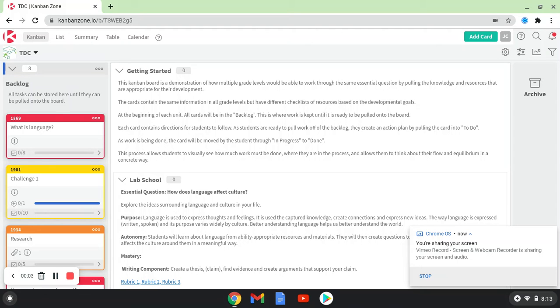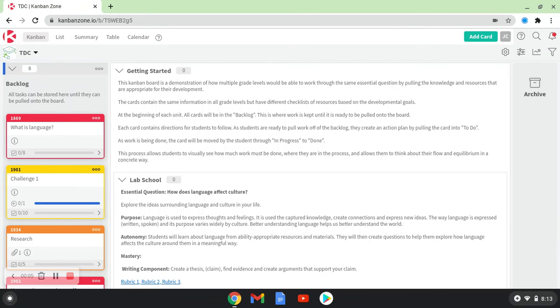Hello and welcome to our introduction to how a lab school can use a pull-based learning system for all students to be able to access the resources that are necessary to personalize and challenge their learning. On our Kanban board right now, we are looking at our Getting Started, which explains the background of how a